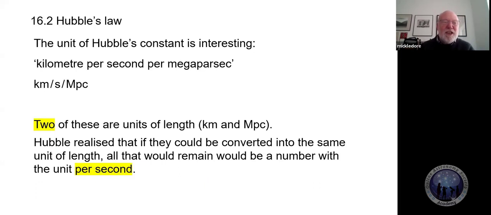So there we are, just reminding you again, kilometers per second and megaparsec. The interesting thing is we've got kilometers on the top and we've got seconds and megaparsecs on the bottom. Now, we've got on the top kilometers, a unit of length, and megaparsecs, a unit of length. So if we can convert Hubble's constant into kilometers per second per kilometer,